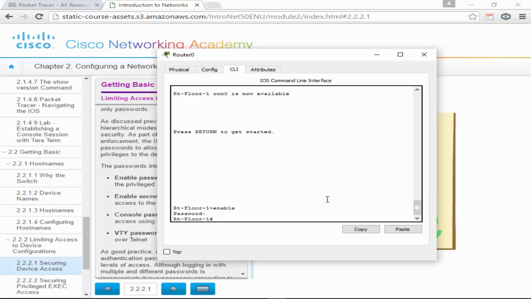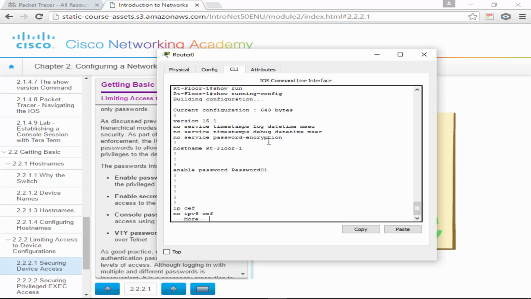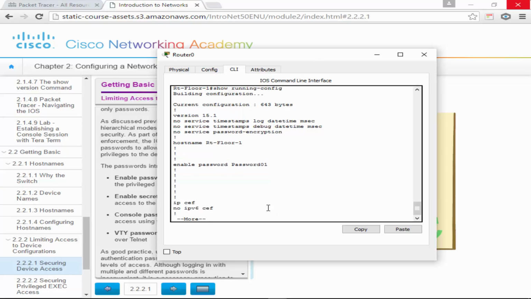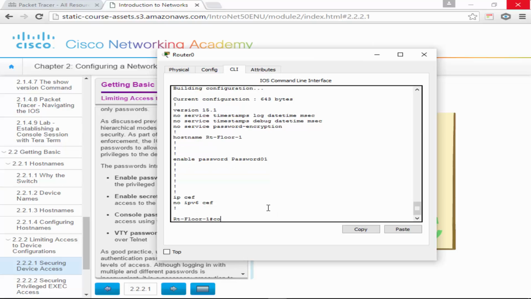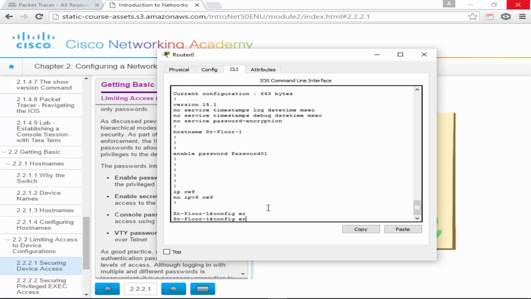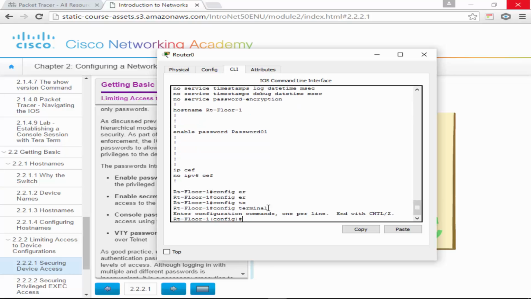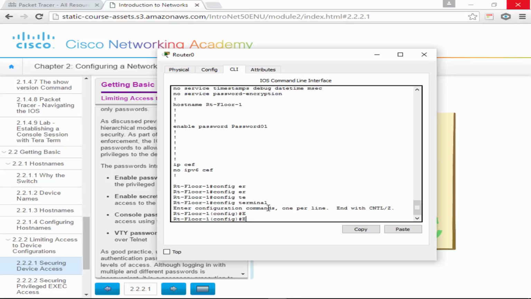That's the enable password, and this is legacy, and I'll show you why. We say show running config, and I hit spacebar to go down, but I don't have to, and we see right here it says enable password 01. So that's saying if someone's looking over your shoulder, they can see exactly how to get into this router, and we don't want that. And so Cisco came up with a different syntax. So we say config terminal, and it brings up our next command, and that is enable